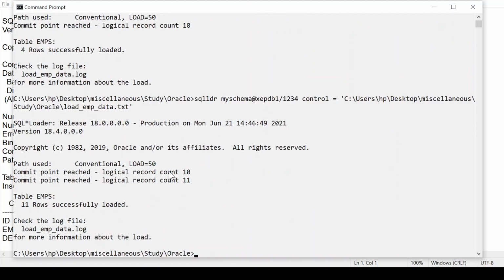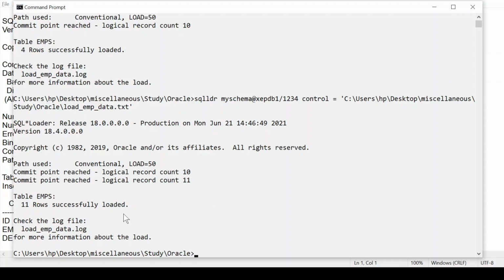Yes, here you can see table EMPS, 11 rows successfully loaded. It means when I place the when clause, department ID equal to 10, it loaded only 4 records. But when I delete that when clause line, it loaded all the 11 records.